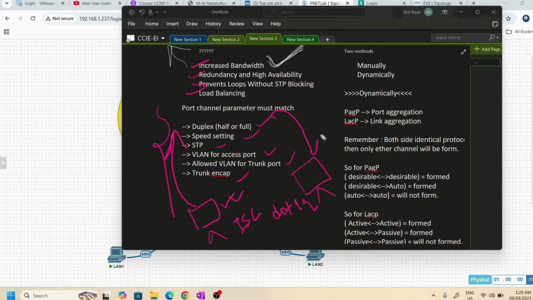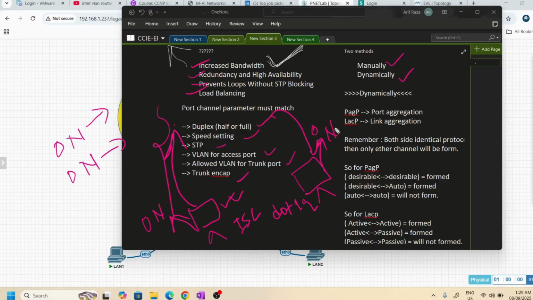There are two methods to configure the ether channel. The first one is manual and the second is dynamic. Manual means you have to define on mode on each device. Here you have to define on mode, and here also you have to define on mode.